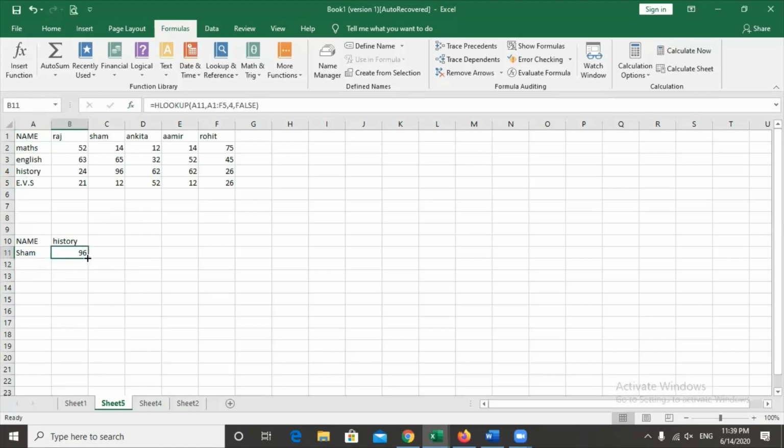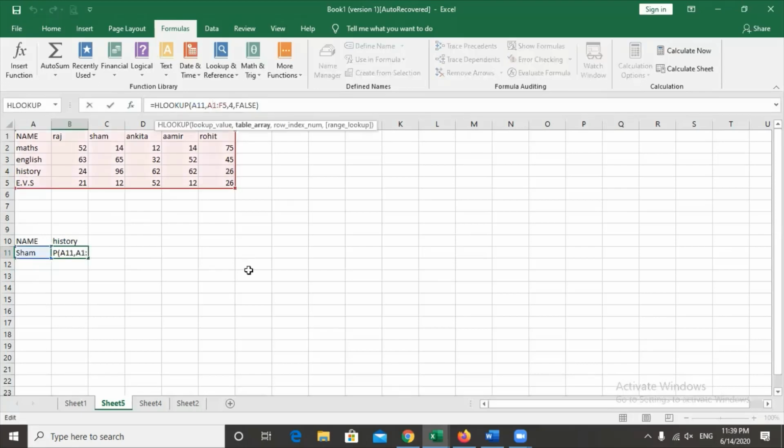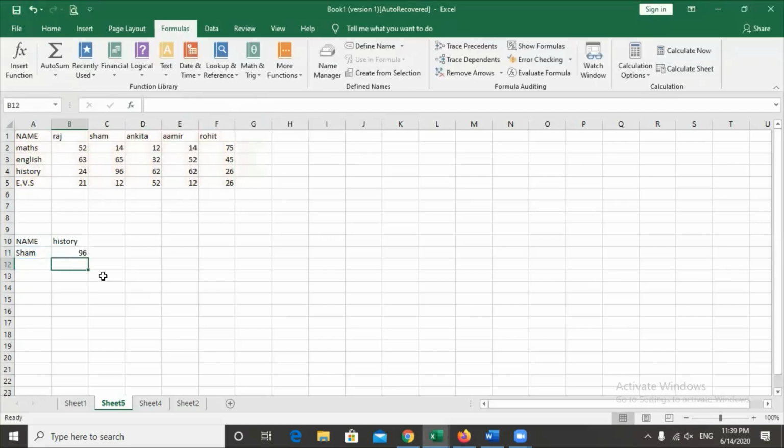Same way, if you want to drag it, as we do in VLOOKUP, before dragging, just go here, press between the column and the row number, and press the function F4 key. Again, you can go here, just press between this and press the F4 key, after you have done with freezing of the array. After this, press enter and you'll get it. So this array is fixed now, and the row index number here is done, and we have used a false argument, and then we can simply drag like this,